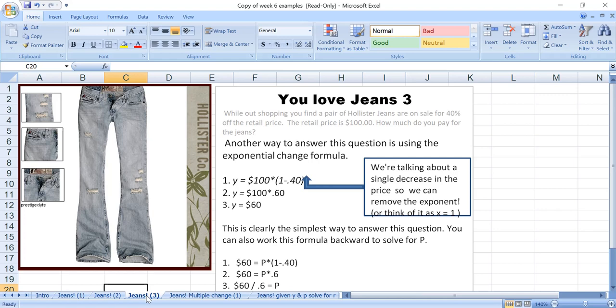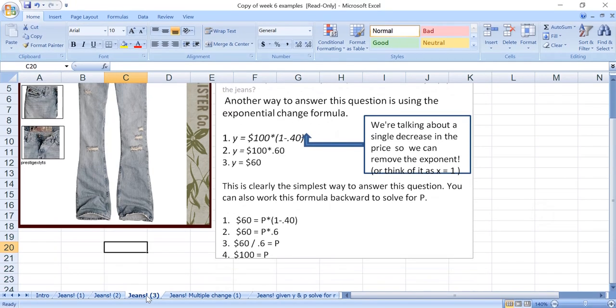Now, I think I mentioned this with exponential modeling. I like this as the simplest way to answer this question, because it only requires one step. Instead of multiplying by the percentage and then subtracting, you just add that 1 plus or 1 minus and you can get it all in one step. What is also cool about this formula is that this formula allows you to solve for any of the variables